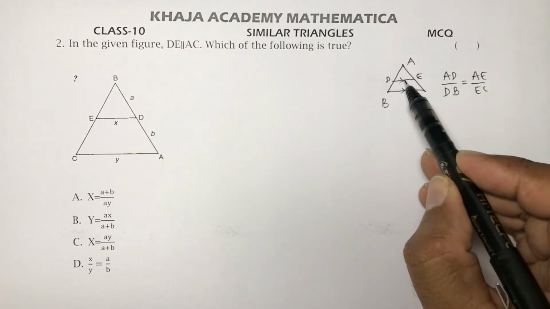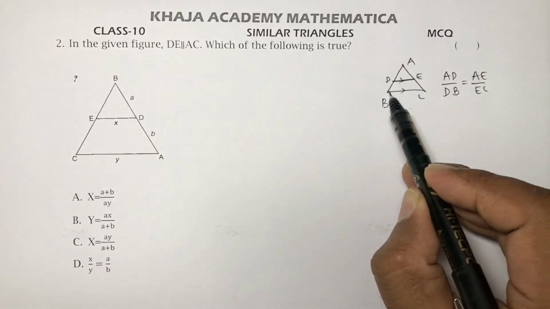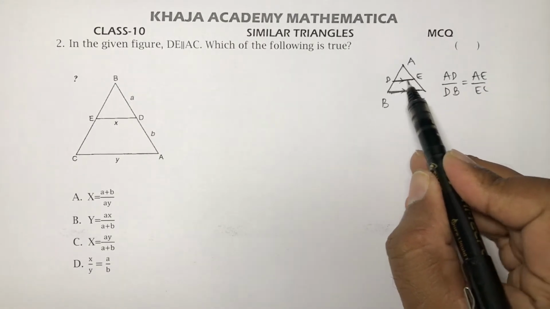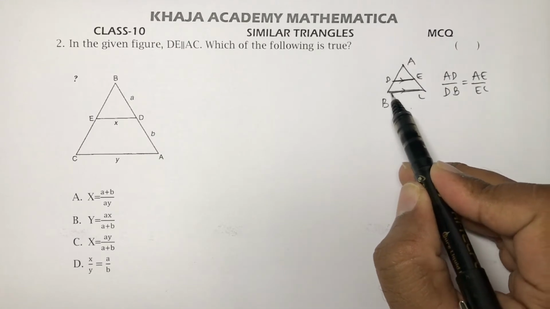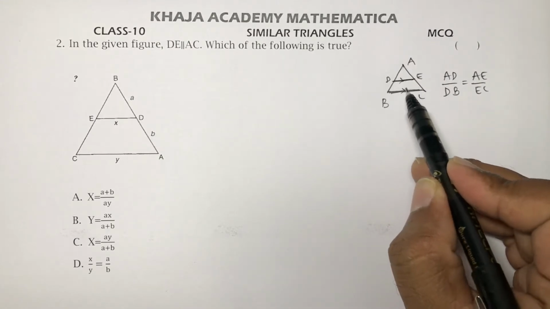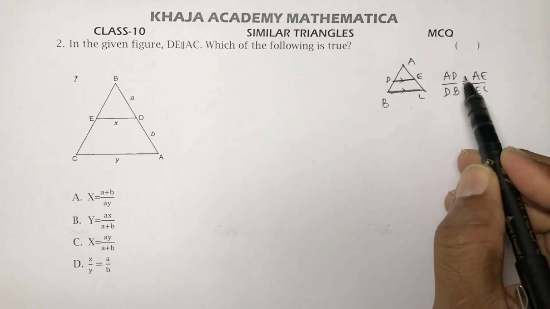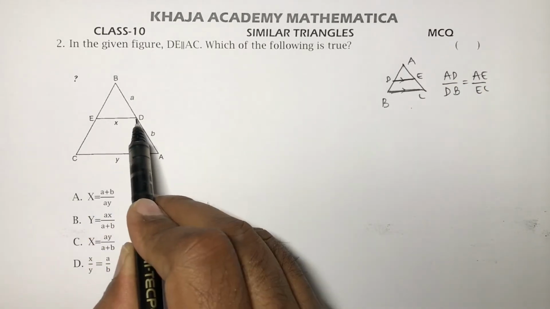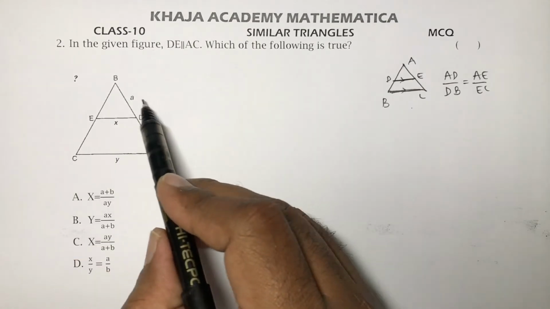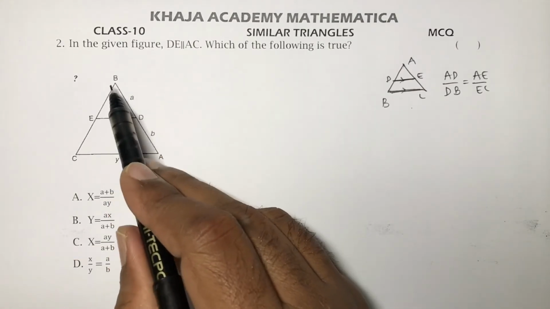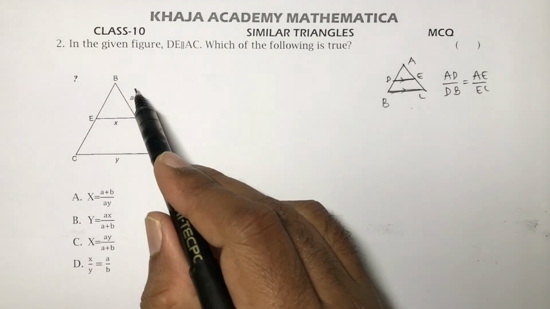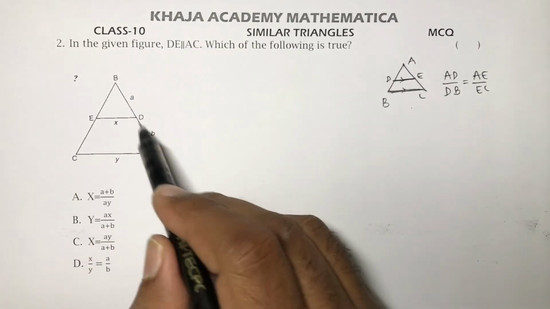But see, when they ask about DE and BC, when they ask about these two sides, then BPT is not going to help us, because in BPT we will not discuss the DE side and BC sides. We just say it's parallel, then it will divide the other two sides in the same ratio. So when they ask a problem based on sides DE and AC, my advice is take the top triangle and the bottom triangle, the small triangle and the big triangle.